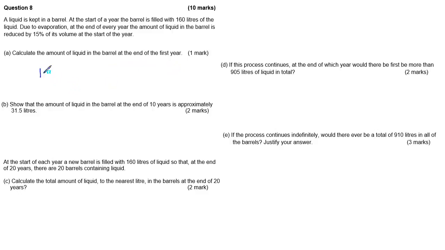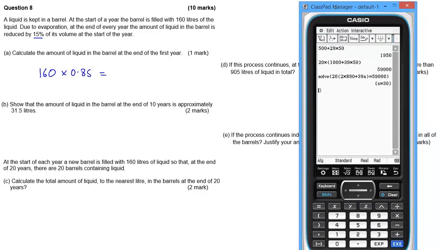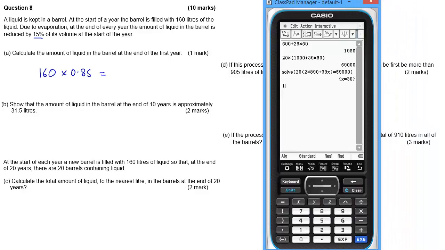So at the end of the first year, well, it started with 160 and it loses 15%, which means it keeps 85%. So that's just going to be 160 multiplied by 0.85, and that gives us